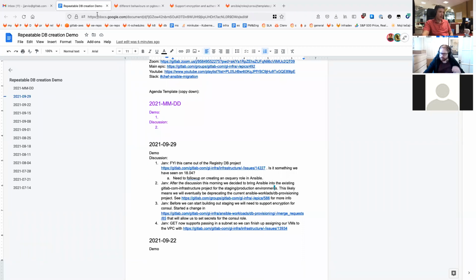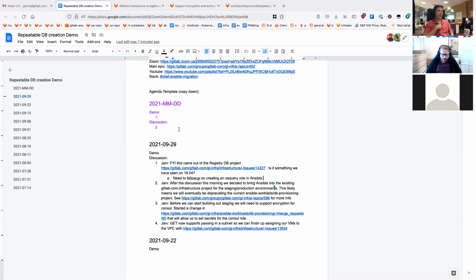And then number 4, we now support, or now GET supports this. I think the issue is still open, but it's open because, Grant, you think that there might be a little bit more work to do, but I think the main thing that was blocking us is now complete, which is we can pass in the subnet. So we can bang out this issue if someone wants to pick it up, which is just to assign our instances to the existing VPC. We'll need to do this too when we do staging and production. So